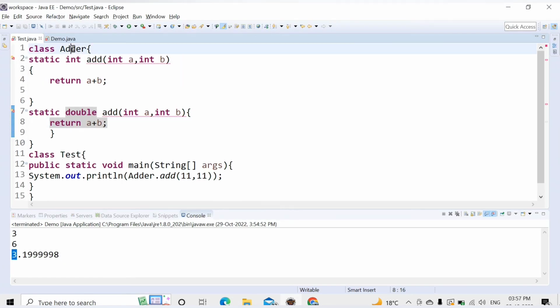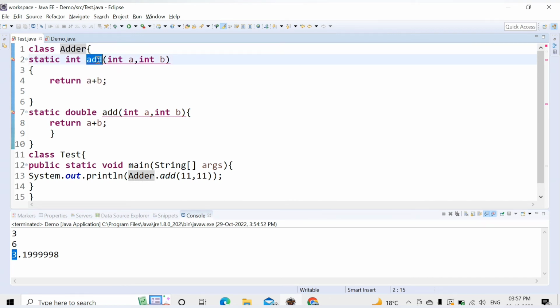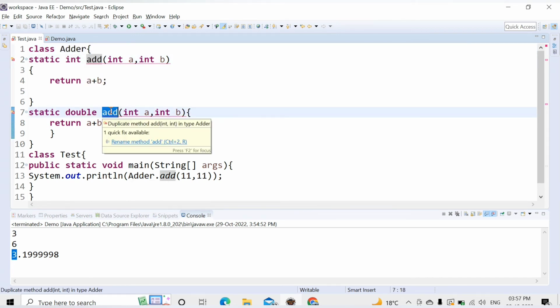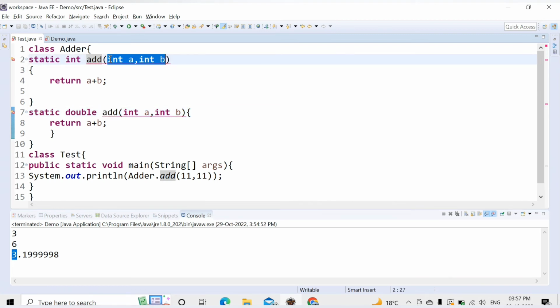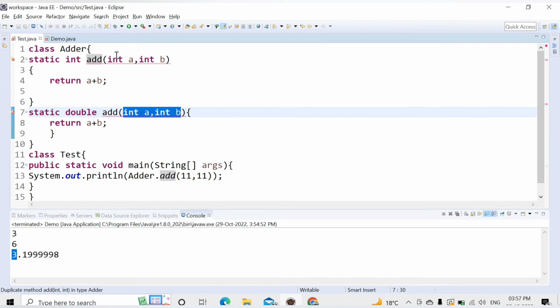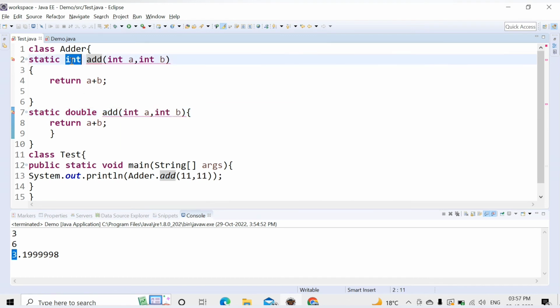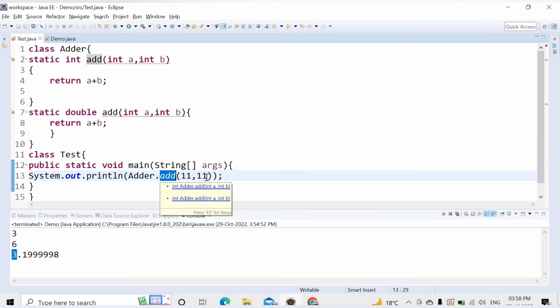So here we have a class adder. Inside this class we have two methods, which is add method and again add. So we have overloaded the method, but here the number of arguments are 2. Here also number of arguments are 2 and data type is also same. So we have just overloaded the method by changing the return type, and we have seen that by changing the return type the method overloading will not work, because when here we are calling this add method with two integers,